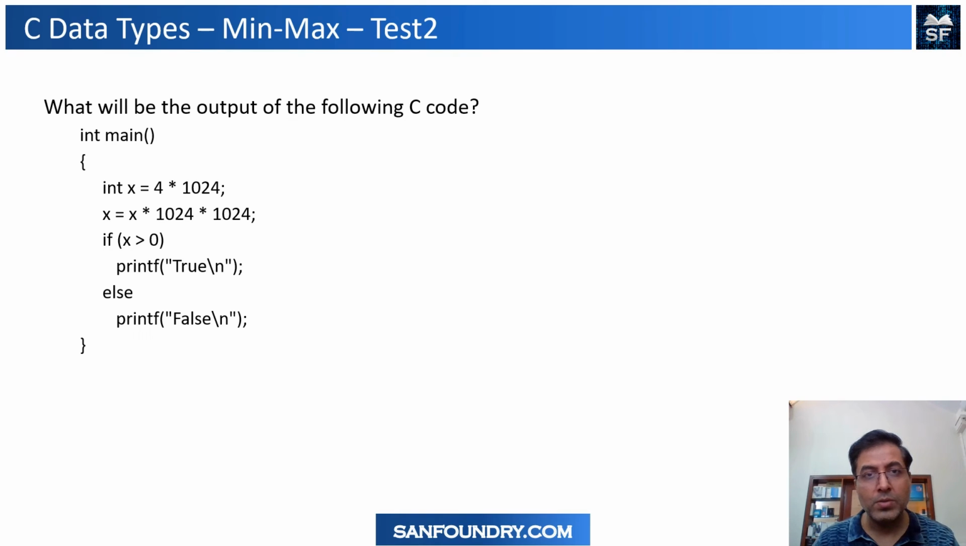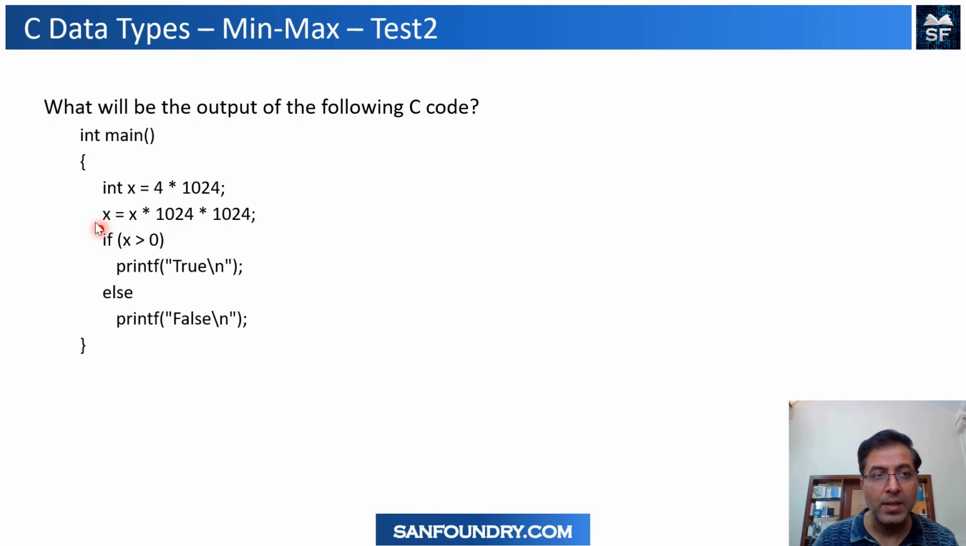So what will be the output of the following C code? So here also I have an integer value of x, and I'm saying 4 into 1024. Why 1024? It is easy to remember. It's 1 kilobyte. Okay, so we are doing x equal to 4 kilobyte, and then we are multiplying with a higher value and another higher value. So we have essentially 4 kilobyte into kilobyte into kilobyte, around 4 gigabyte of value,